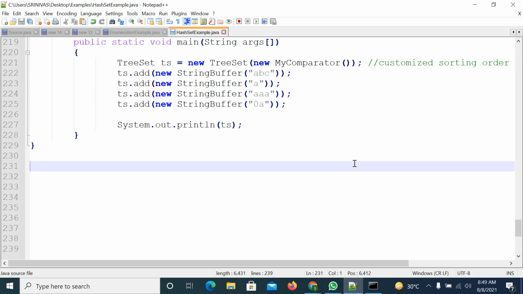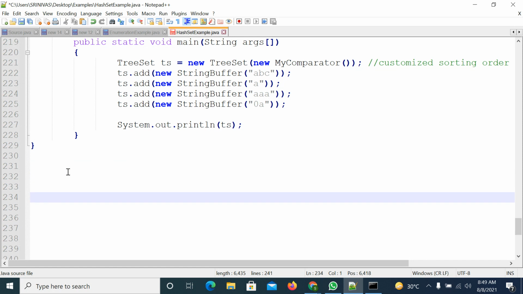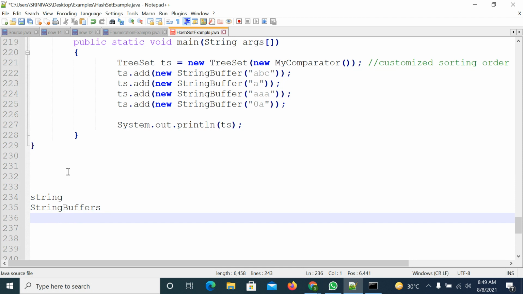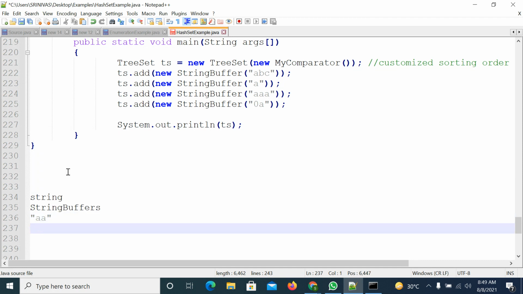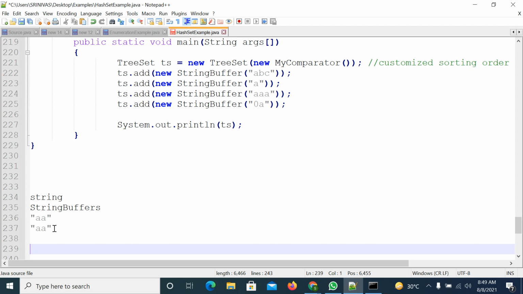Consider an example where you need to insert Strings and StringBuffers in a TreeSet, and if both the lengths are equal, suppose AA in case of String and AA in case of StringBuffer, if the lengths are equal, in that case how do you sort the data?